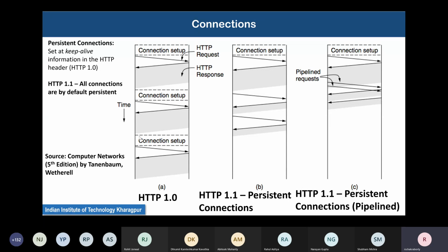Then you say, this faculty's image, there are four other images. I need them also. Again, it requests one image. Please send me this image. Again, it sends and then again disconnects. In this way, this continues terribly slowly and terribly wastefully. Now, in persistent HTTP 1.1, what happened? HTTP 1.1 was introduced long back.